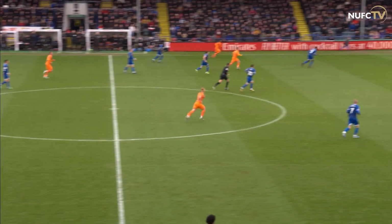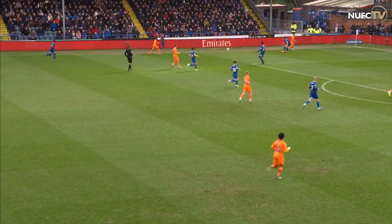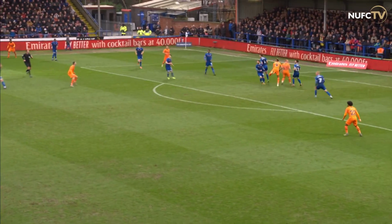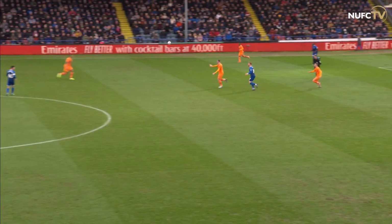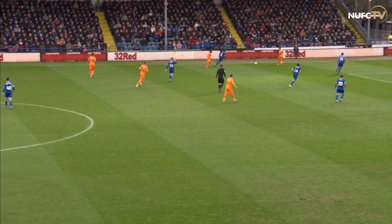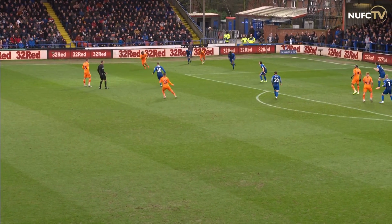Hayden over the top, Muto making the run off his man into the corner on the left. Back it goes to Atsu, has a touch, now sends one in. Matty Longstaff was there, so too was Joe Linton, but it's headed away onto the chest of Hayden in the middle of Rochdale's half. Atsu down the line to Muto, no flag, he's got space, back to Atsu, again